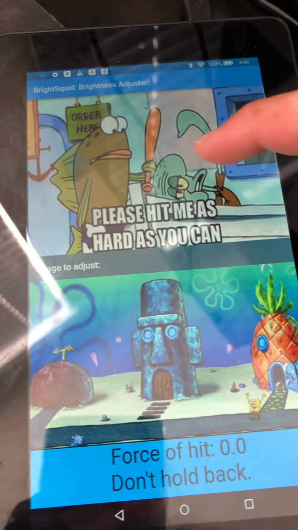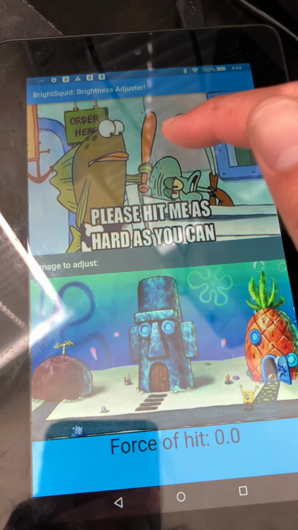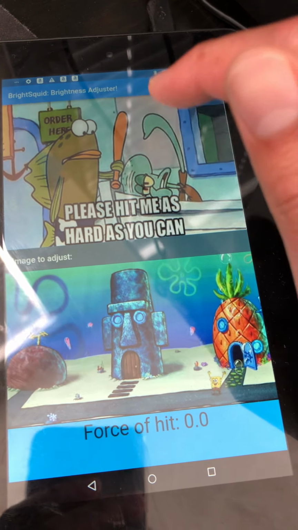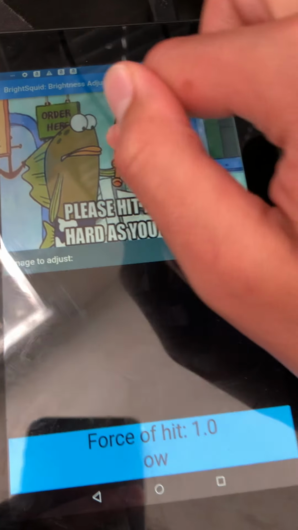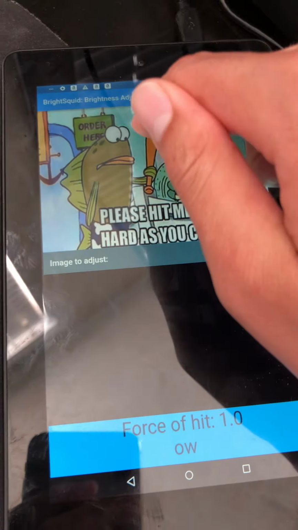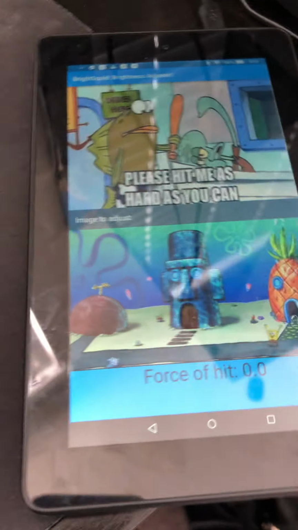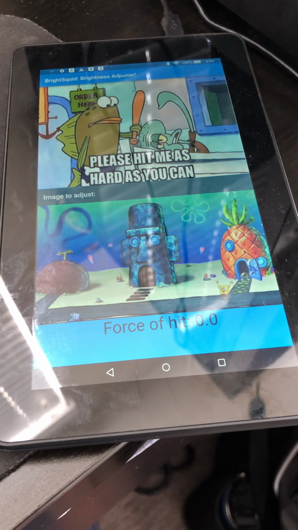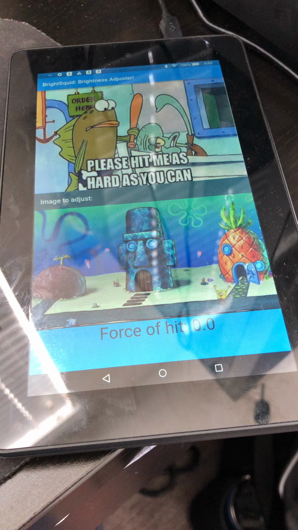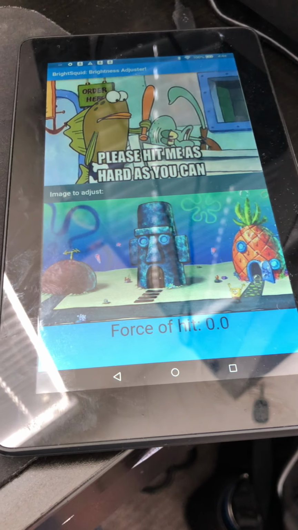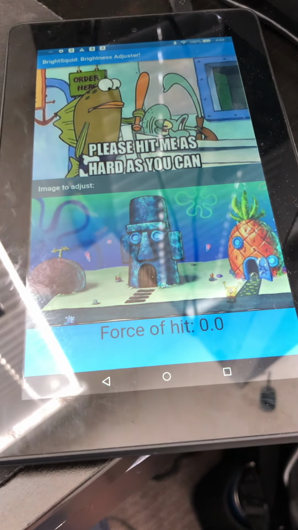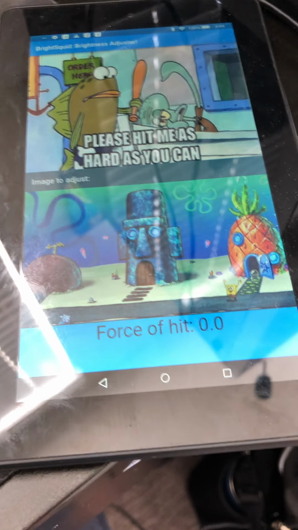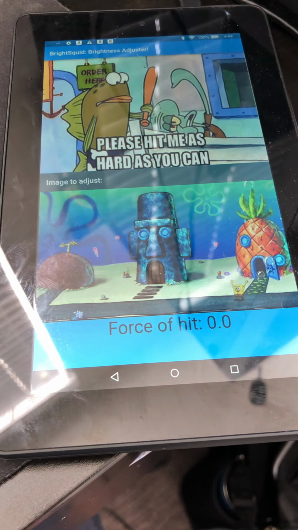However, as we can see, if we have a force of 1, we only get a force of 1. We hit it lightly, force of 1. And we hit it more hard, we only get a force of 1. So all it does is turn the image completely black. And it turns out the reason for this is because the Kindle, as well as many other devices, does not actually have a way of detecting touch strength. So while that exists in Dart's API, and it is a variable that's returned to us, it's always returned to us as 1 because the Kindle doesn't have 3D touch like an iPhone does.